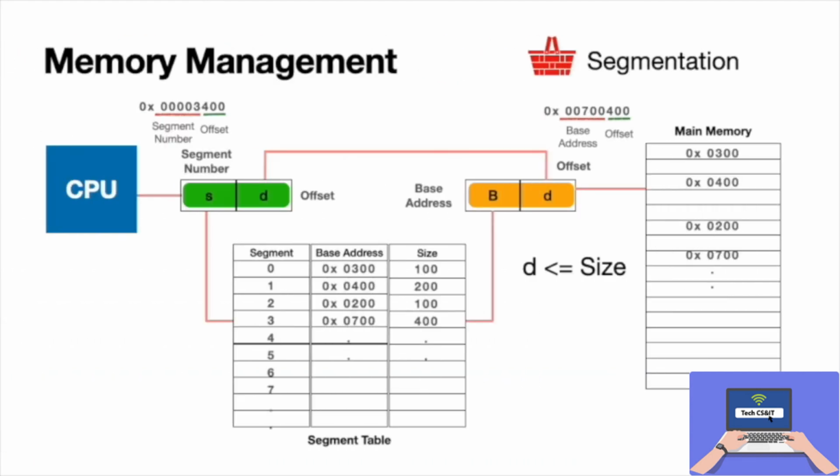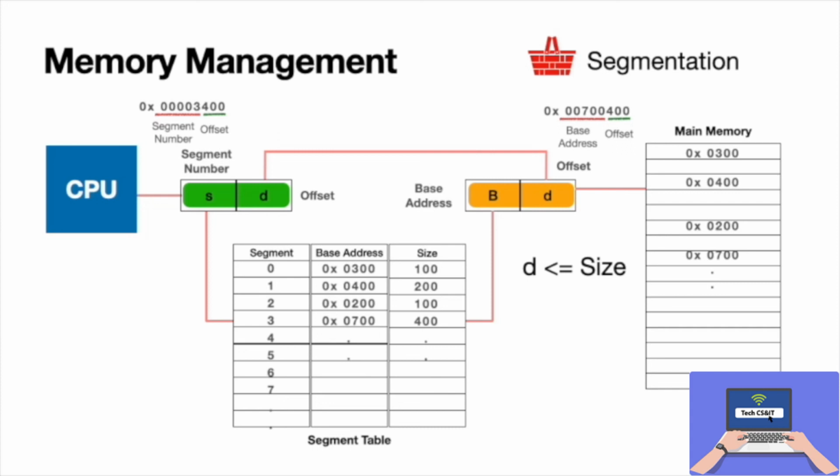As before, we have a logical address, which contains the segment number this time, and the offset, which is the size of the segment to be called. Our segment table now contains the starting address of the segment, but also the size of the segment. In order to prevent invalid addresses, we have a condition here as shown: d is less than or equal to size, that is, the offset can't be greater than the size. In this way, an invalid address can't be called.